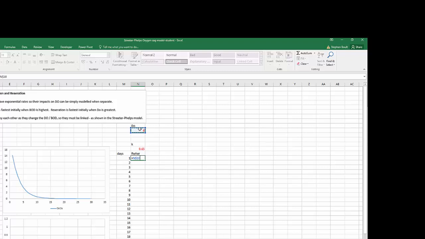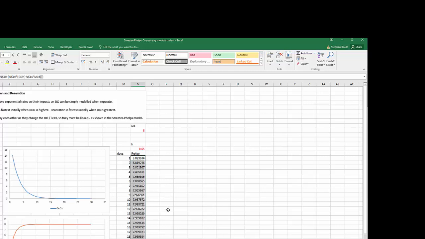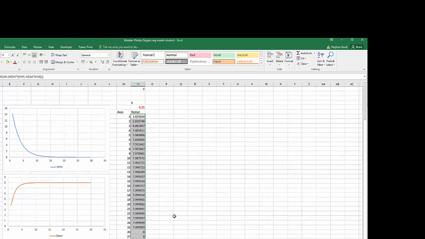So it's N10 minus the exponential relationship, which again is N10 multiplied by the exponential of minus K times T, and we can copy that down, and then we can look at the graph and see, is that what we